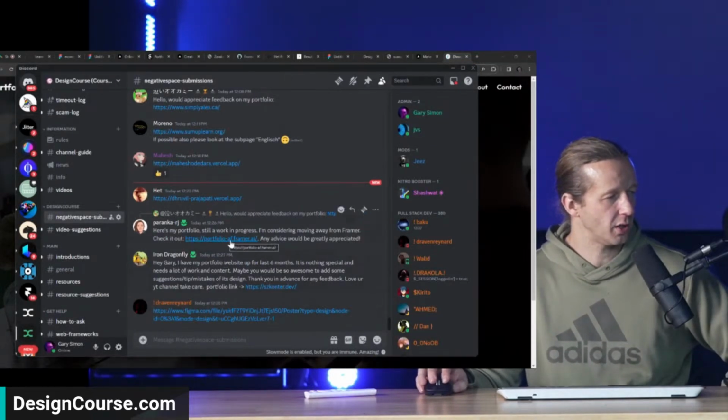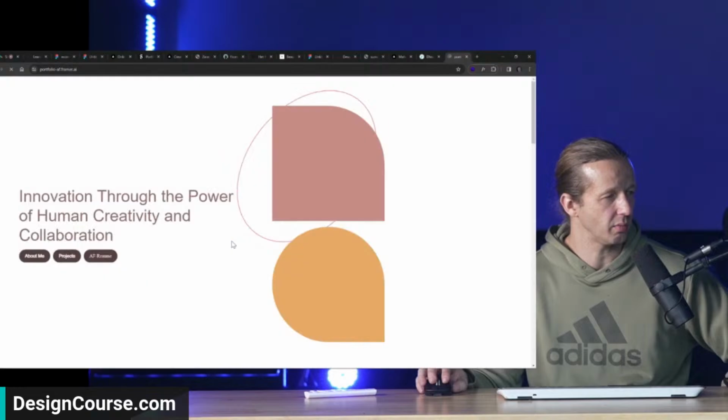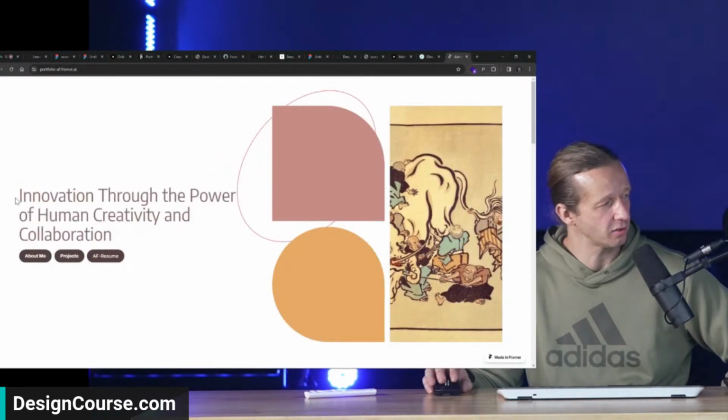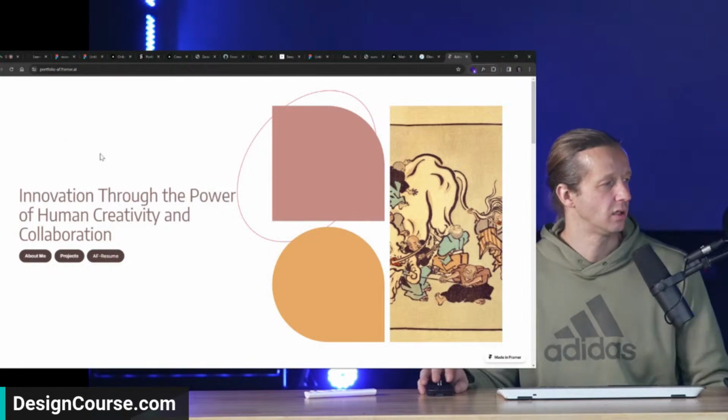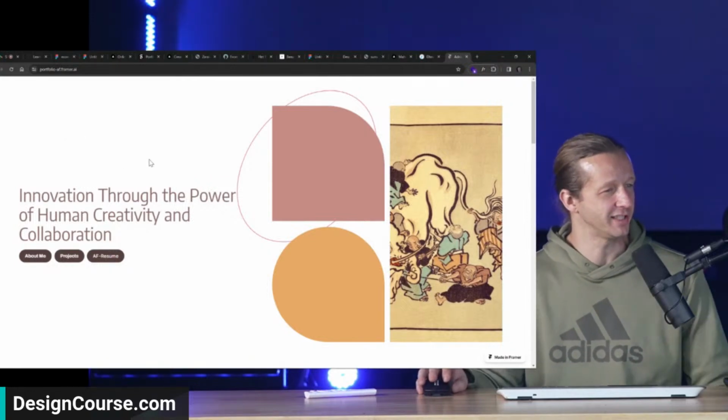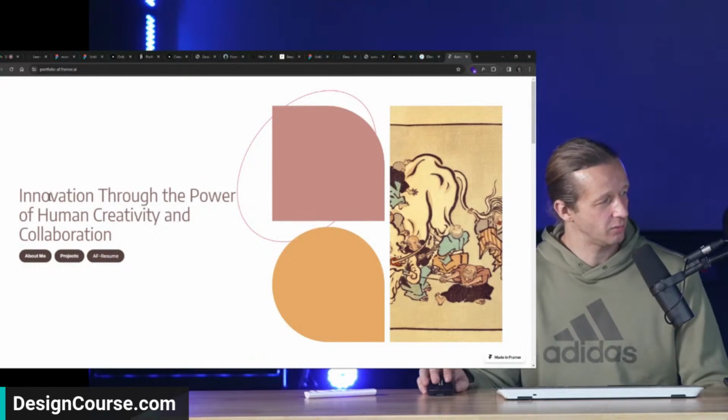Here's my portfolio. Still a work in progress. I'm considering moving away from Framer. Check it out. Any advice would be greatly appreciated. Why are you considering moving away from Framer? If you want to answer that in the chat, because I think you're in the chat. I'm just genuinely curious what pain points you're experiencing. All right. So